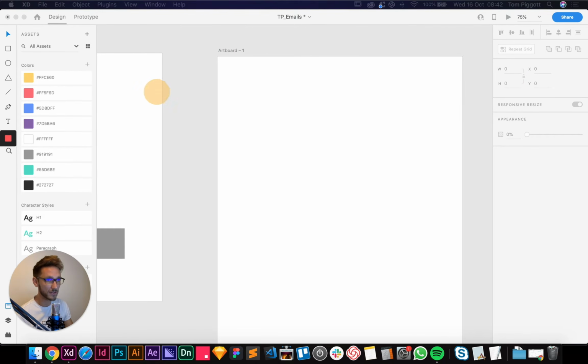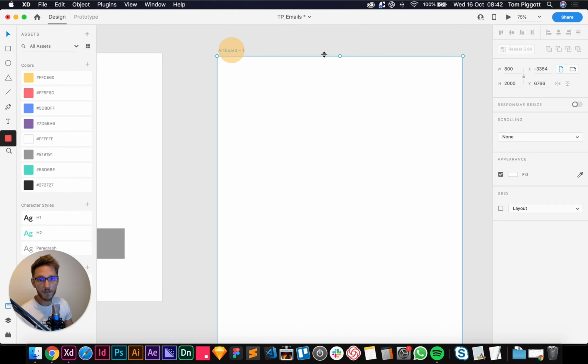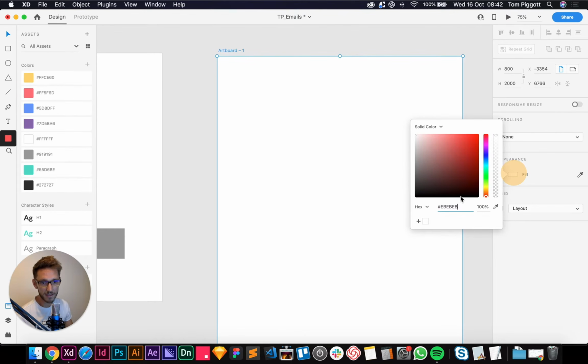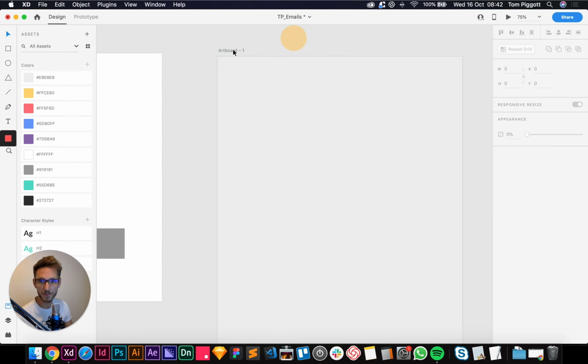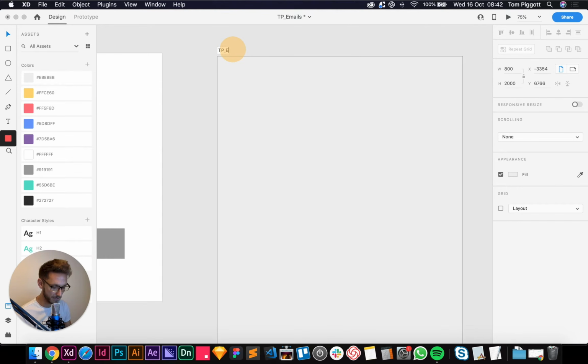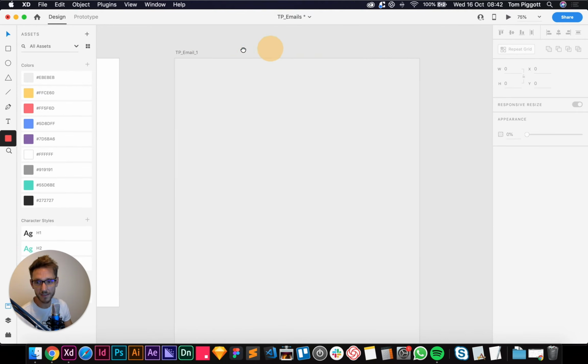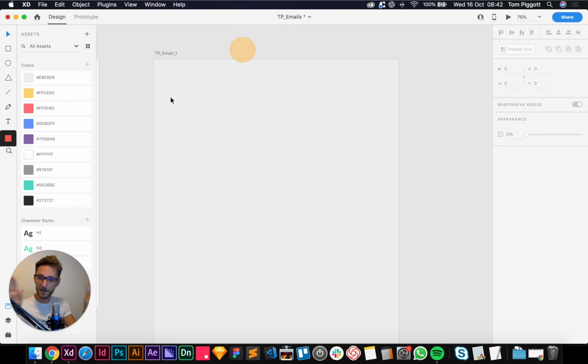And then I've got a nice background colour on my other screen here, bear with me, if I just copy that. If I come to my artboard here, I can select a background colour here in Appearance. I can click here, paste in my colour here, and I can add it up to my swatches as well. So I'm going to call this TP Email 1. So at the moment this is 800 pixels wide, and I know we said we were going to design our email 600 wide, but I make it 800 just so we can see what the background of the email is going to look like, so it all works together.